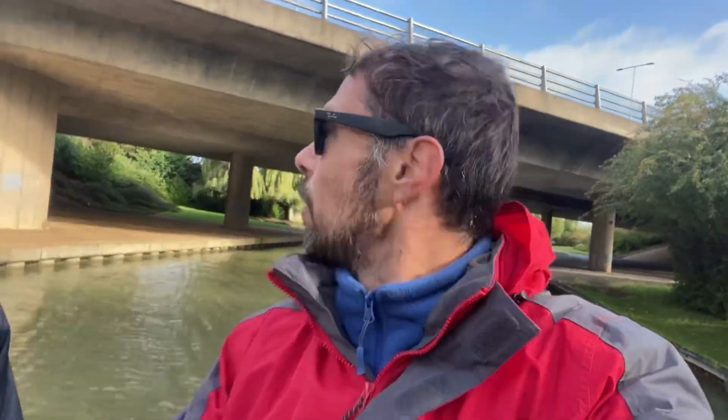Just going under Milton Keynes, well, under some massive bridge, and there's two boats moored up here, both painting, and this is the only first road bridge we've come to where there isn't all the kind of pigeons. Yeah, well, where all the pigeons aren't roosting. So as a result of which you can paint your boat and not come back to a different topping than what you're expecting. I don't know what bridge that is, but